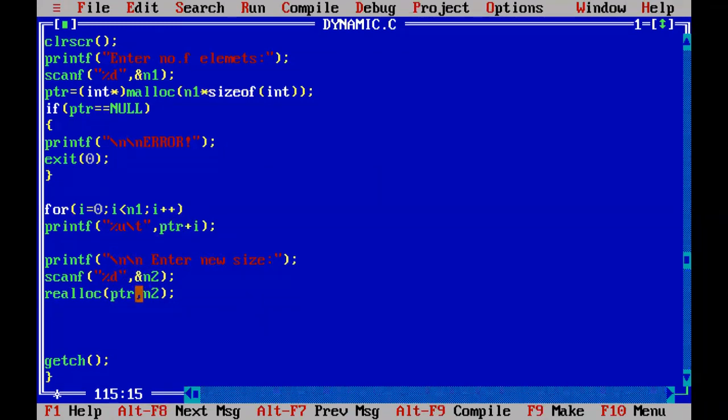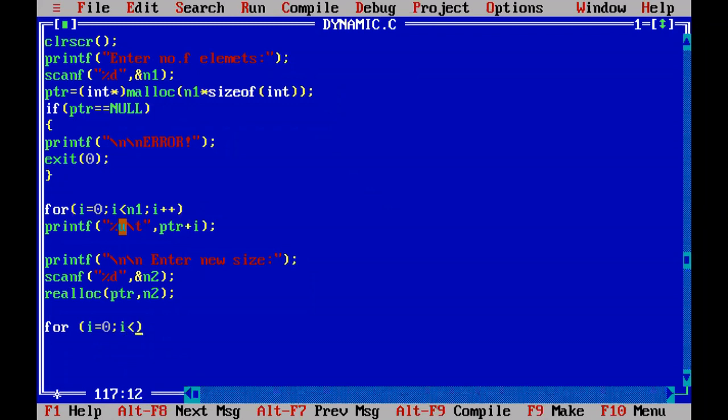That means for 5 elements, again 3 element space is created, 5 plus 3, so totally now the memory is created for 8 elements. Now if you print on the monitor the total addresses, including 5 and 3, 8 element addresses will be printed in addition to the earlier. How to print? In the same way you printed here, you print addresses. For loop, starting with i equal to 0, and how many times are we going to repeat the for loop? 8 times, because earlier 5 plus now 3, 8 element addresses we have to print. So repeat the for loop 8 times.